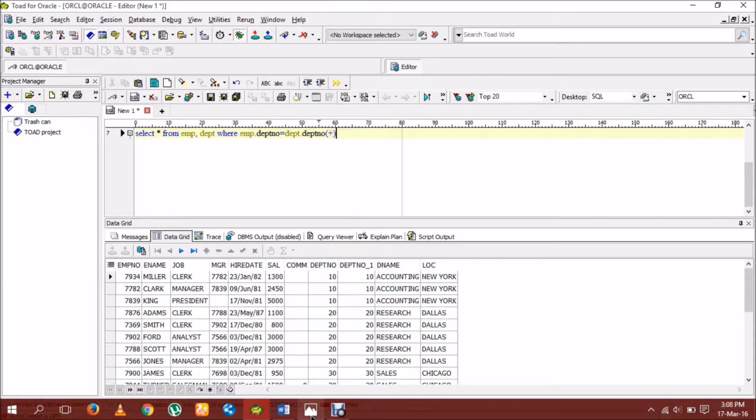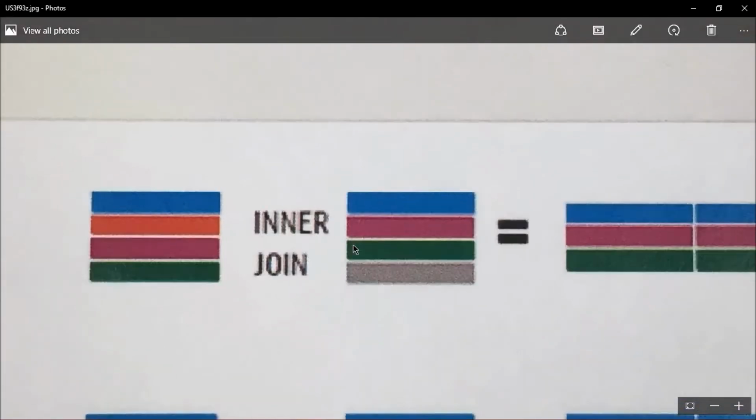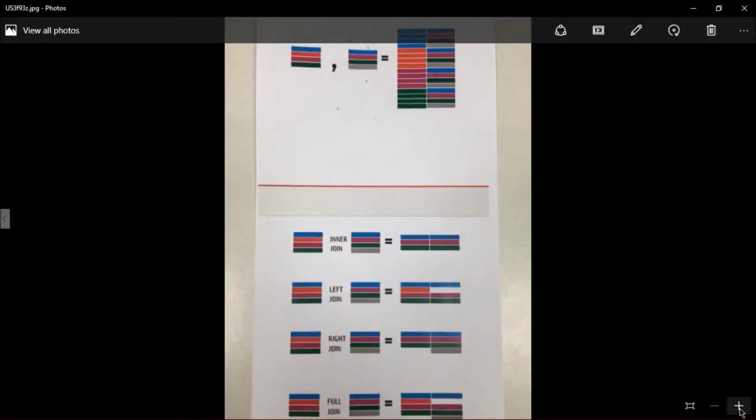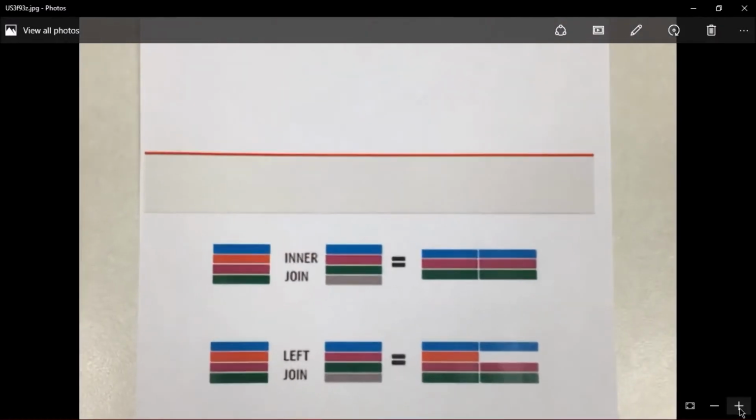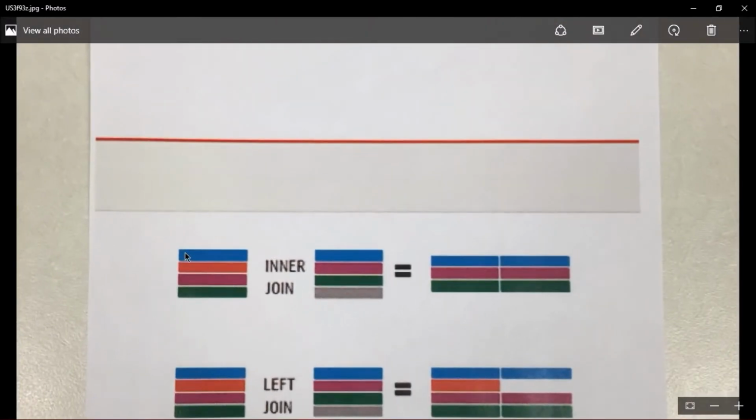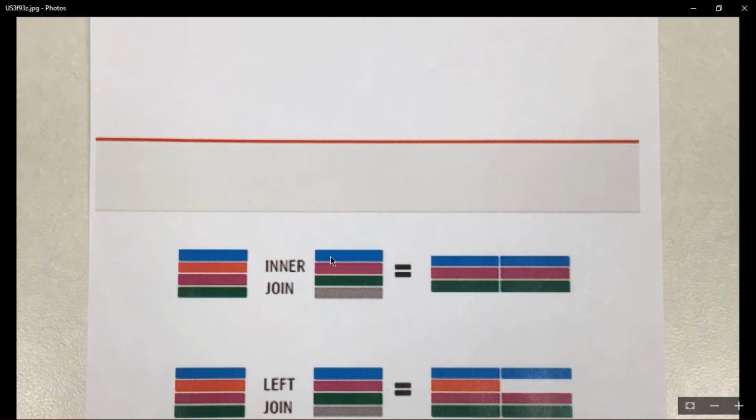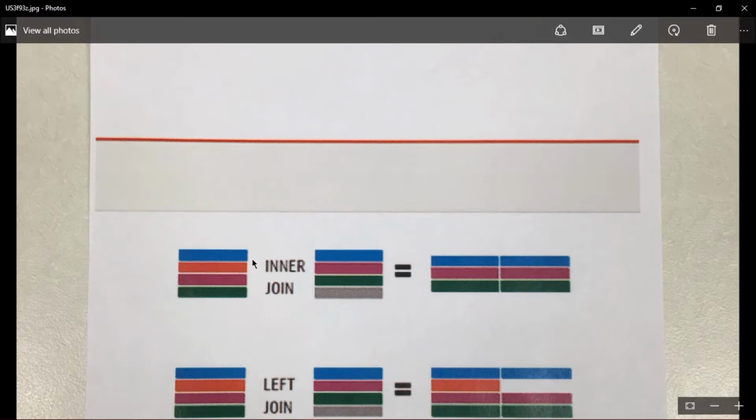I will show some images to make this clear. Let us consider the left hand side as the emp table and the right hand one as the dept table. The first record is matched, so it is displayed here.